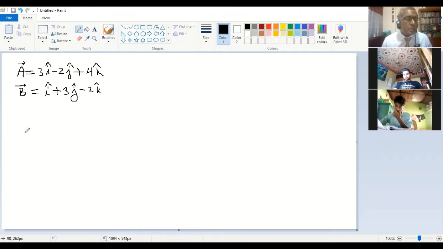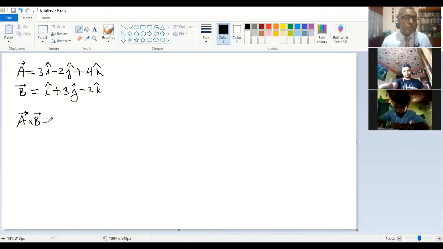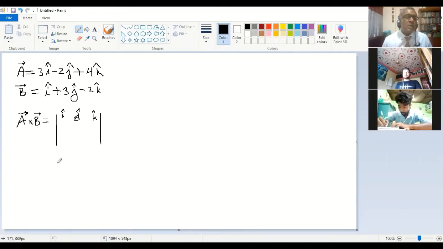We are doing A cross B today. I discussed the cross product yesterday with all necessary details. So today I will show you how to actually do the calculation of cross product. We use the matrix system. This is very simple. You put i, j, k in the first row, every time, and then you put the numbers with the i, j, k for the two vectors.